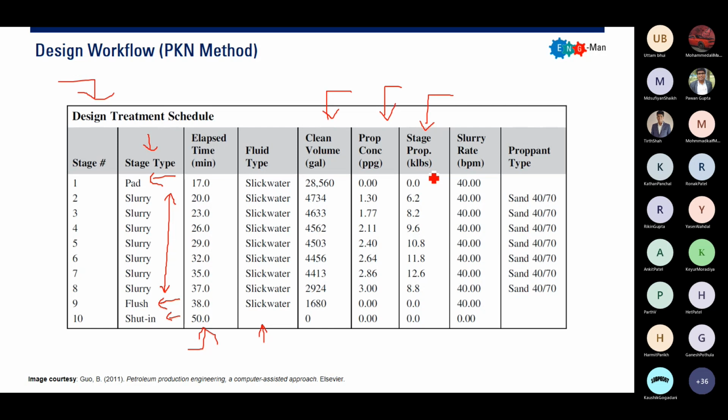So usually in the industry, in the field, the third-party company, the one who will do the fracturing job, will give us this table. And us, for example, if you work in the oil company, we, with the engineer from the third-party company, will monitor the progress of the job by looking at this table. Okay. And as you can see, the job is only done in 50 minutes. Okay. Maybe in 1 or 2 hours. So it's quite fast. Okay.